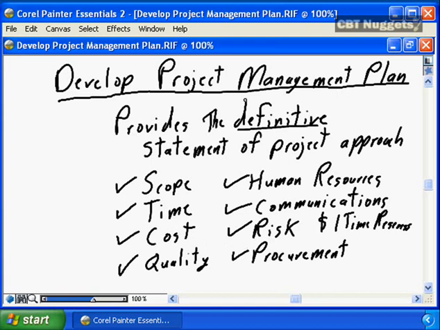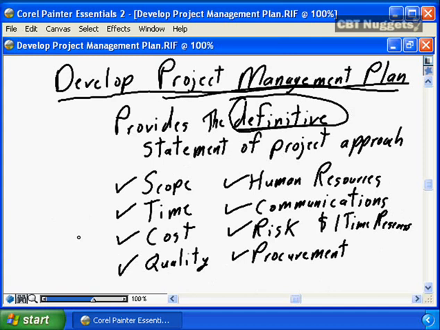The project management plan is the definitive statement of the project approach. From a PMI PMBOK viewpoint, all plans, all projects must include a project management plan. And the project management plan must address all of our key components to project delivery.